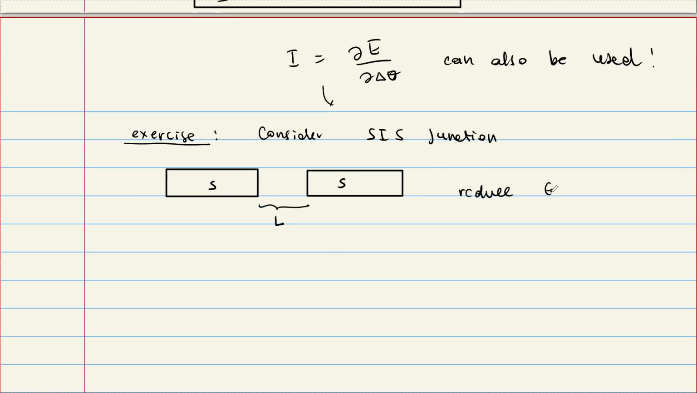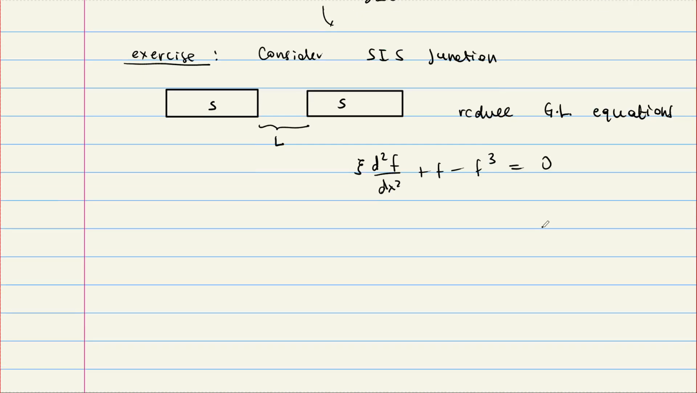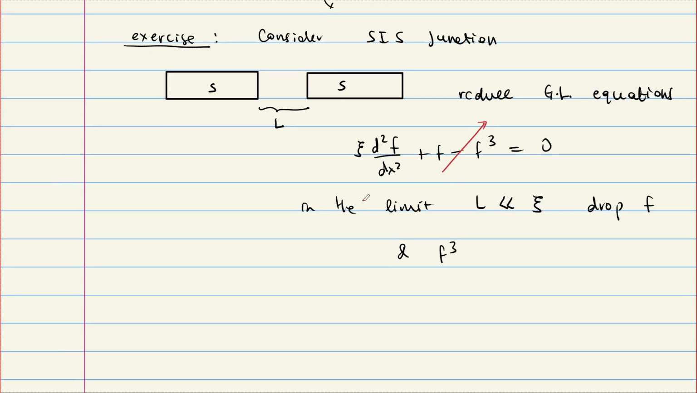Reduce the Ginzburg-Landau equations to this form. I think we already did it in the class, but you can do it again. d squared f dx squared plus f minus f cubed is equal to 0. And in the limit L much less than psi, drop f and f cubed. So you can drop these two terms in that limit, and that's like a simple Laplacian in